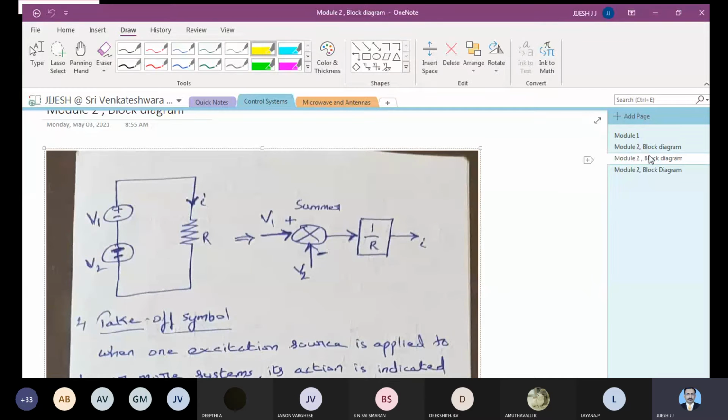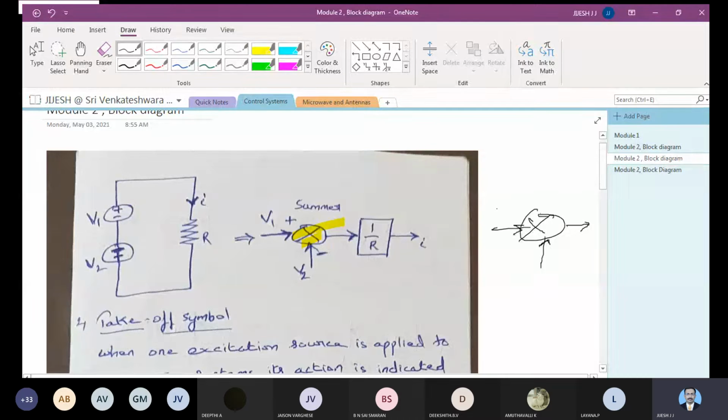So this is what you call a summer. I have put one circle with a cross symbol inside it. So you can see that it is a summer. It's very simple. If I put one cross like this, it is called a summer. You will have some inputs here and some output here, and you may have some entry also here. It can be anything. If you put the notation in this form, you call that a summer.